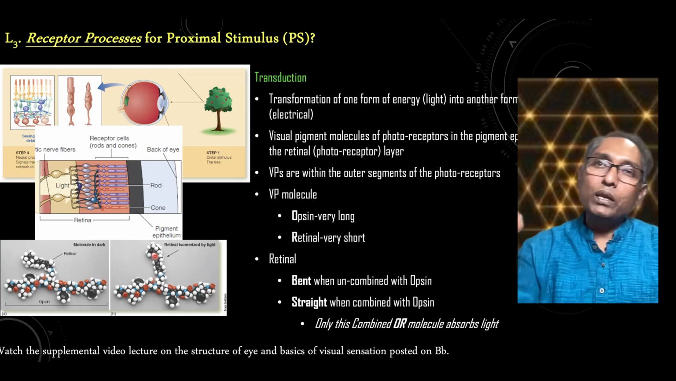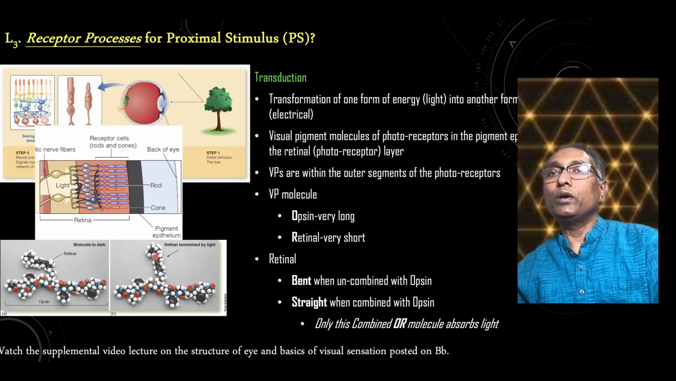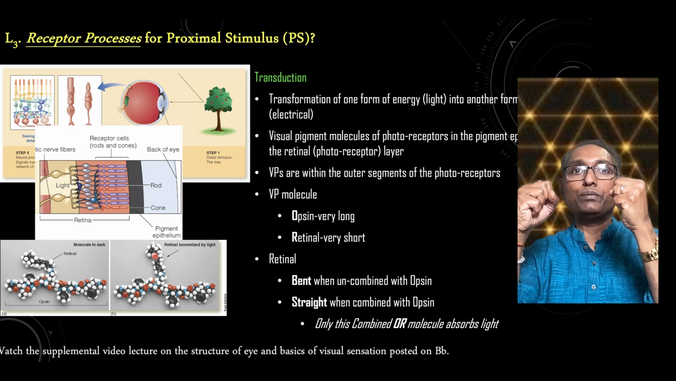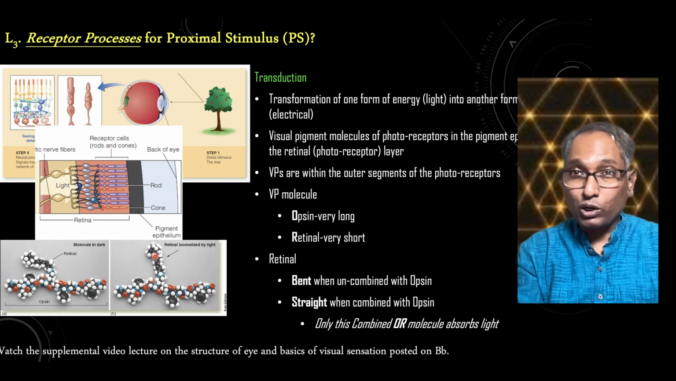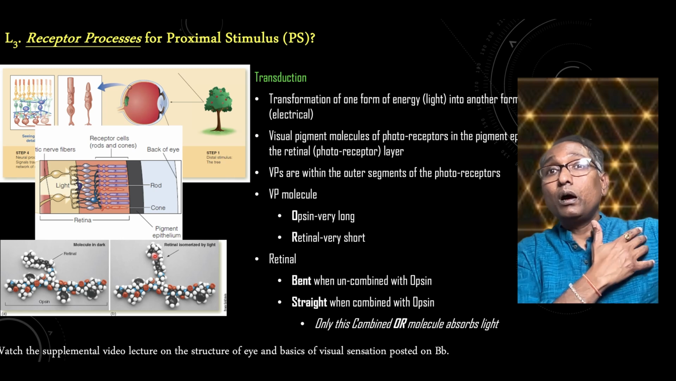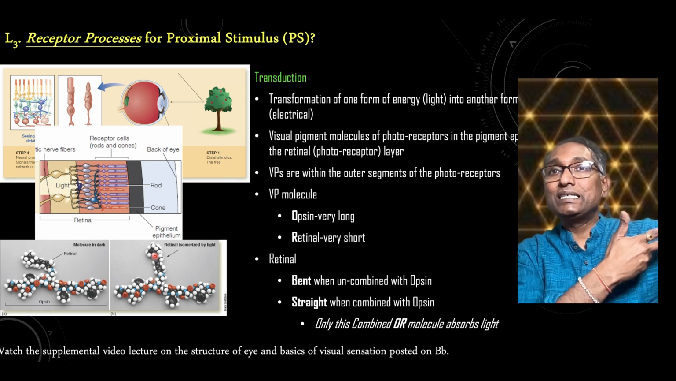If enough molecules in a given photoreceptor get activated, that photoreceptor would fire, meaning that it would generate the electrical signal. Now, remember when we talked about electrical signals, we talked about a sudden change in electrical